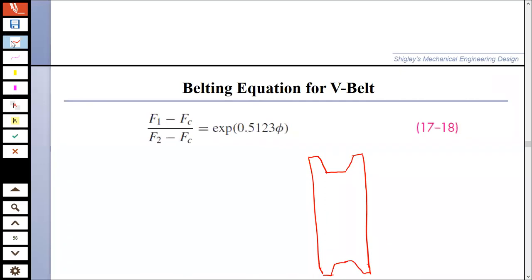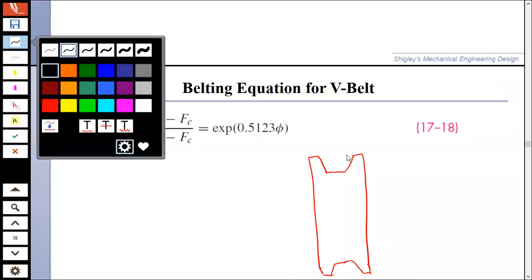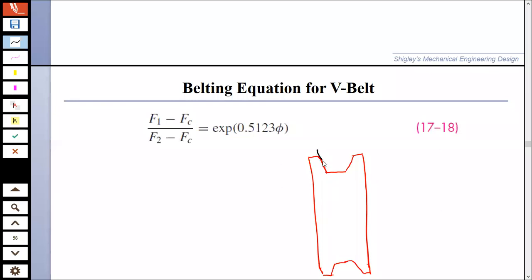And you will have the belt in here, the belt sitting in here. ठीक है जी,